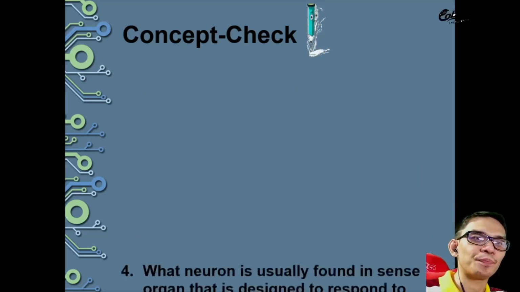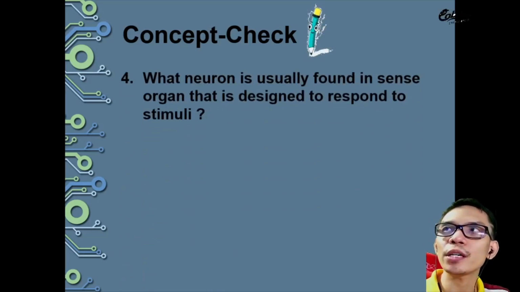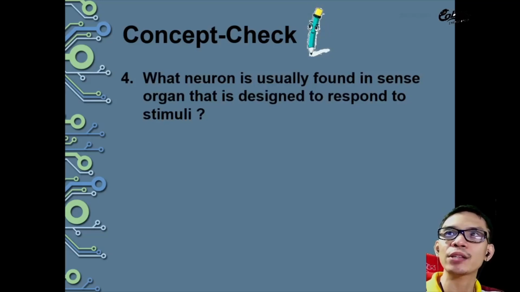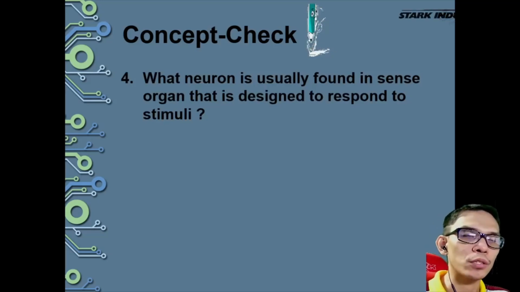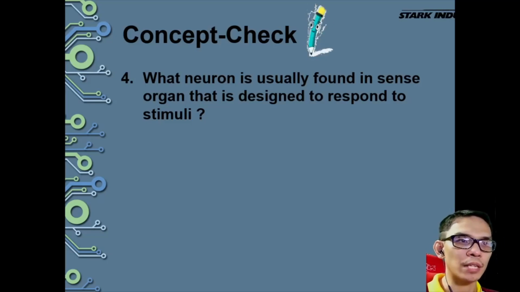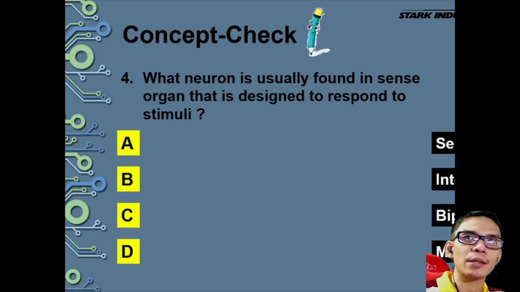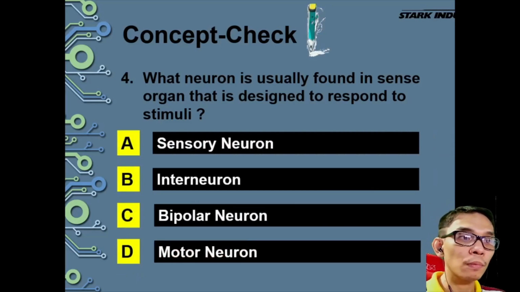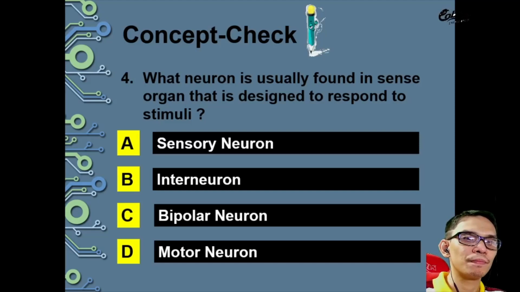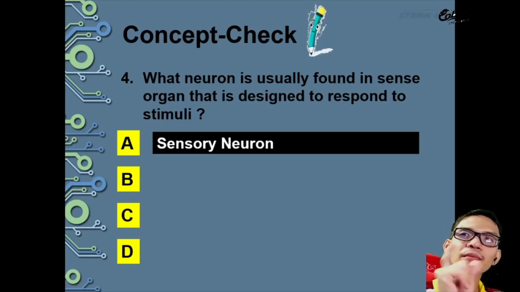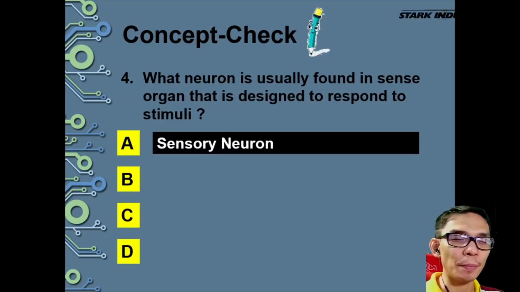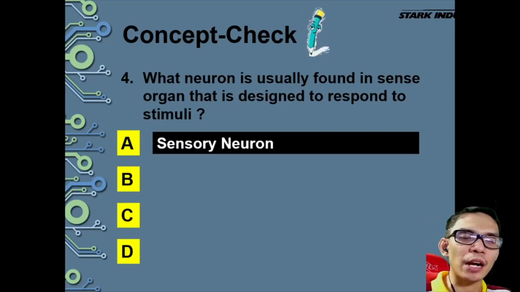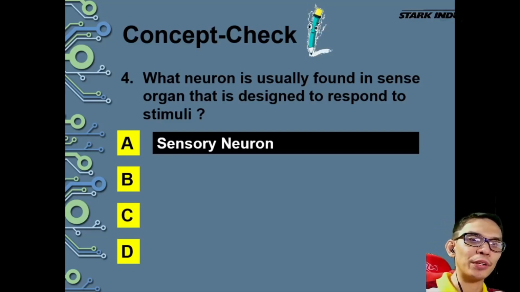Next one, number 4: what neuron is usually found in the sense organ that is designed to respond to stimuli? We have here the sensory neuron, interneuron, bipolar neuron, or motor neuron. The answer is sensory neuron. Remember that sensory neurons are types of neuron that are attached to the sense organs in our body. And for the last question,